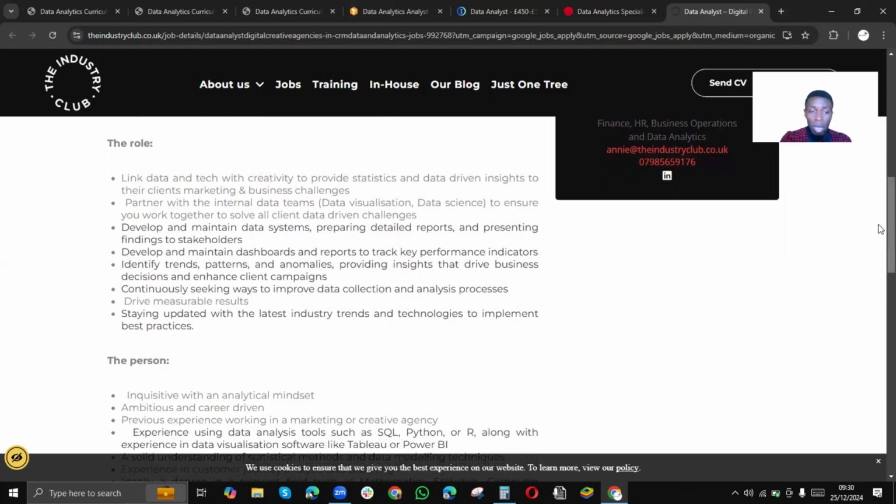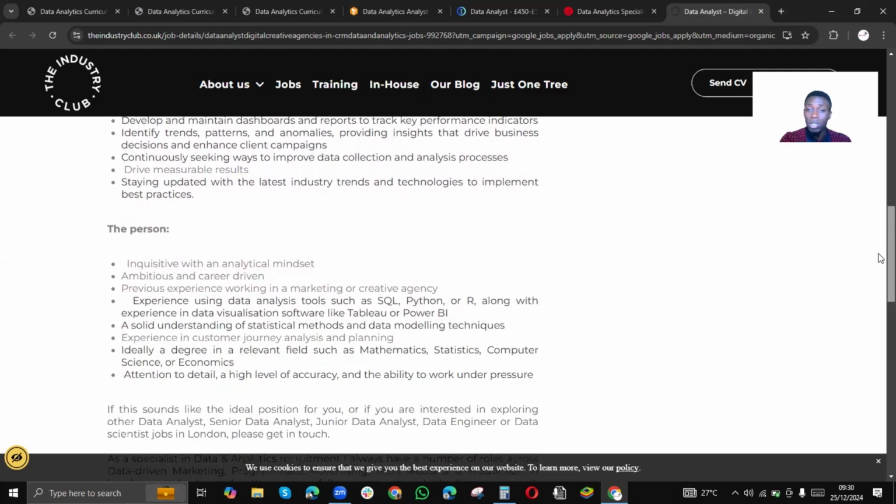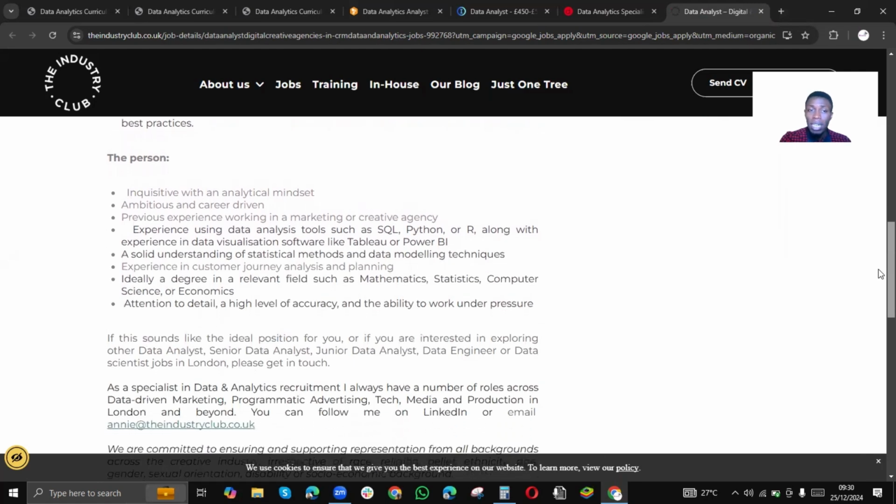But if you know you're cut out for this, and I know that for you to be watching this video to this point simply means that you really want to go into data. And if you're going into data, start right. Start in the right way. Start in the right pattern. Don't just begin and just learn without understanding the structure of what you're supposed to learn, or understanding what you're learning.